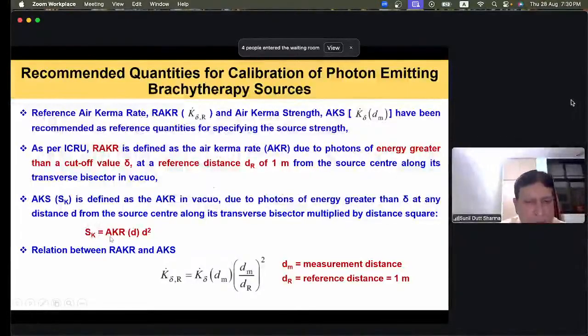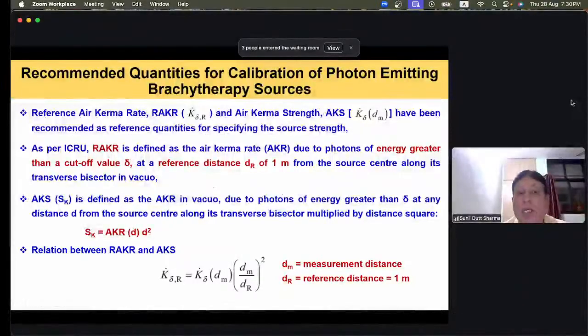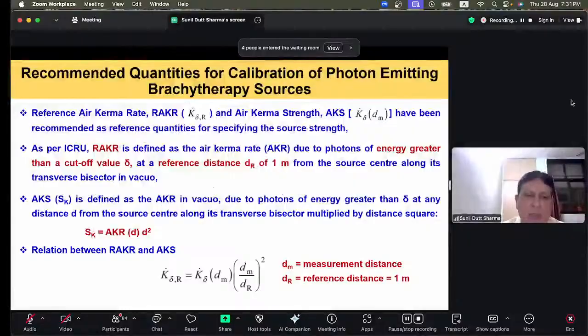And air kerma strength is defined as air kerma rate multiplied by distance squared. So if somebody says, for example, I measure the reference air kerma rate and I am interested in knowing what should be the air kerma strength of this source. You can see from this expression, the reference air kerma rate is equal to the air kerma strength multiplied by the inverse square factor. So what I mean to say, air kerma strength is defined at any distance from the source,